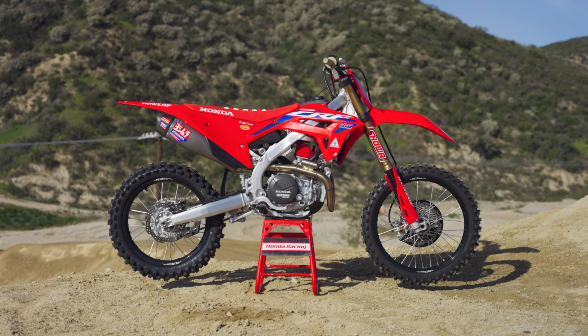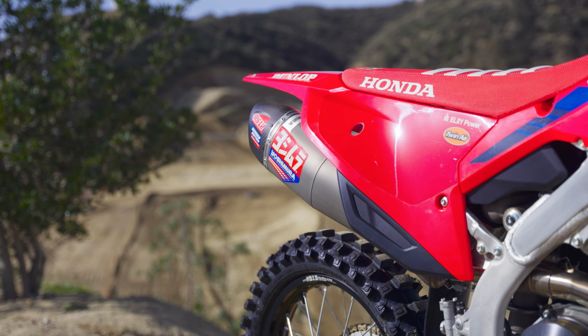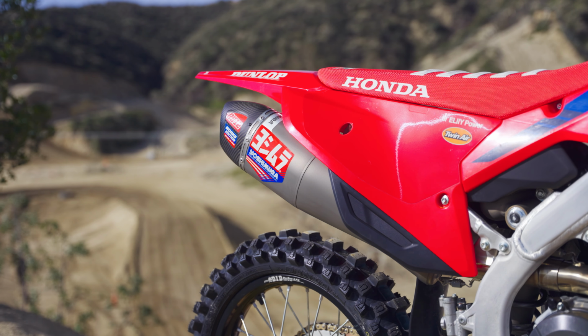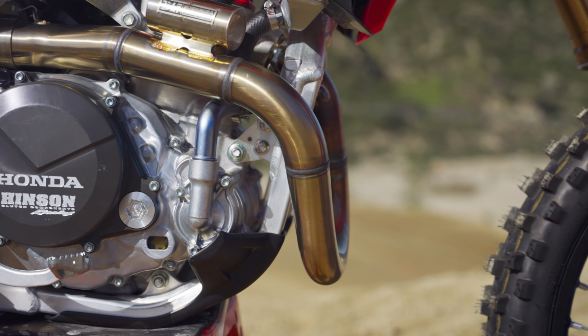it's kind of cool to see how they've evolved over the years from just a basic graphics package and a slip-on, to now a little bit more, what we see here with the Honda: a full Yoshimura exhaust system with a resonance chamber. This exhaust system is a little bit different than the customer spec one. It was tested in durability by Honda, so it is a little bit different than the version that they sell